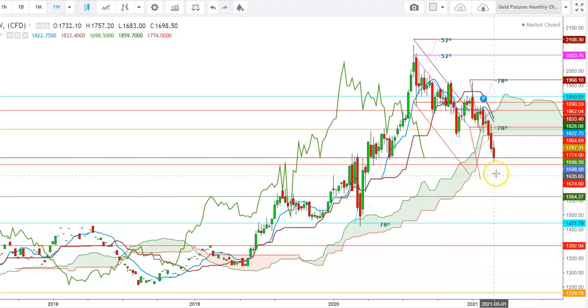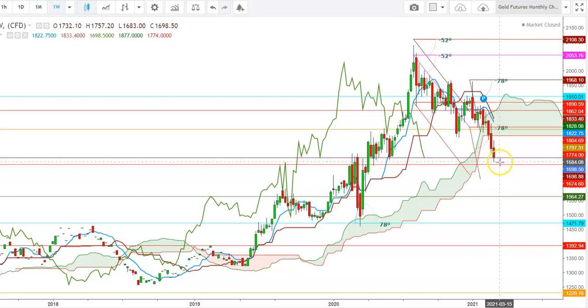So here I find that the formation of a bearish crossover during the month of November could keep the gold under heavy bearish pressure, and currently the gold futures are trading much below the lower end of Ichimoku cloud, which may keep the gold futures under heavy sell-off if the gold futures are not able to defend the immediate support of the $1676. So friends, here I find that if the gold futures are not able to hold above this